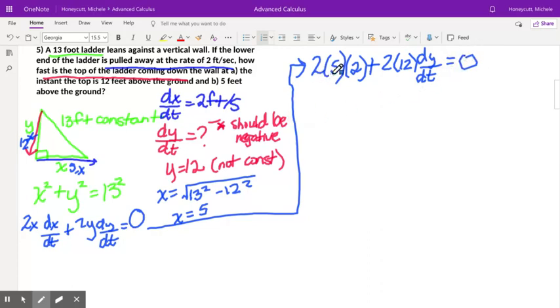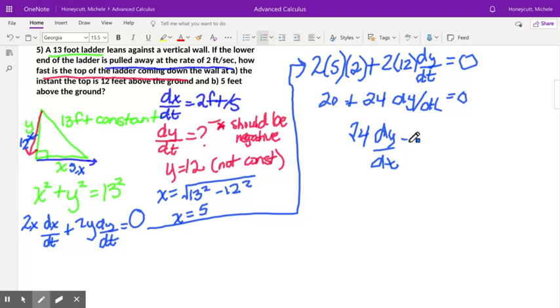So 2 times 5 times 2 is 20, plus 24 dy/dt equals 0. If you subtract 20 on both sides, I'll have 24 dy/dt equals negative 20. So then divide both sides by 24, and we get dy/dt